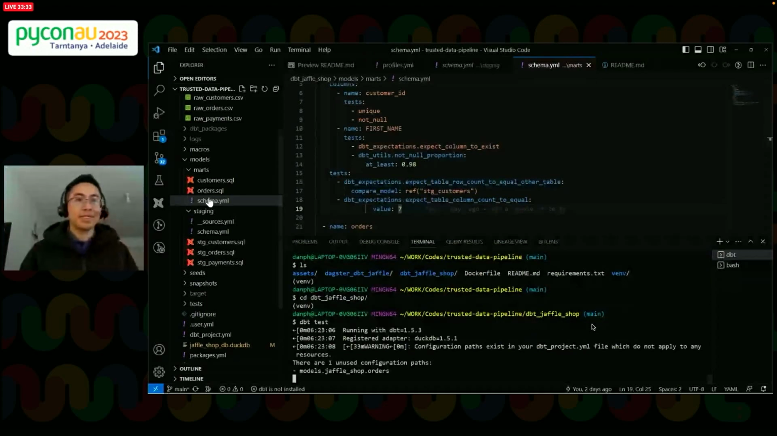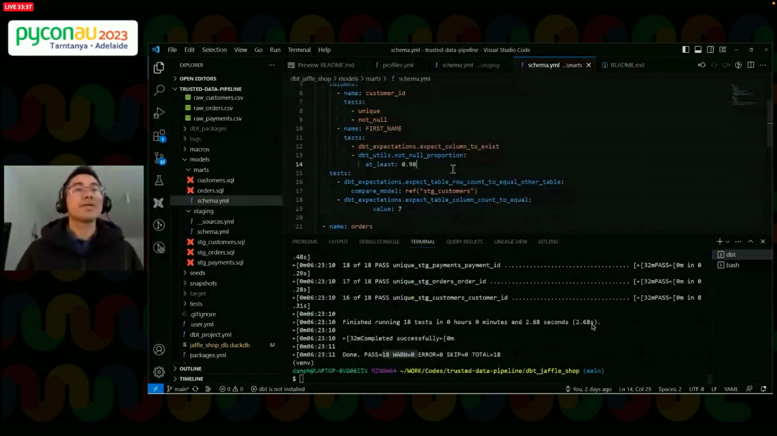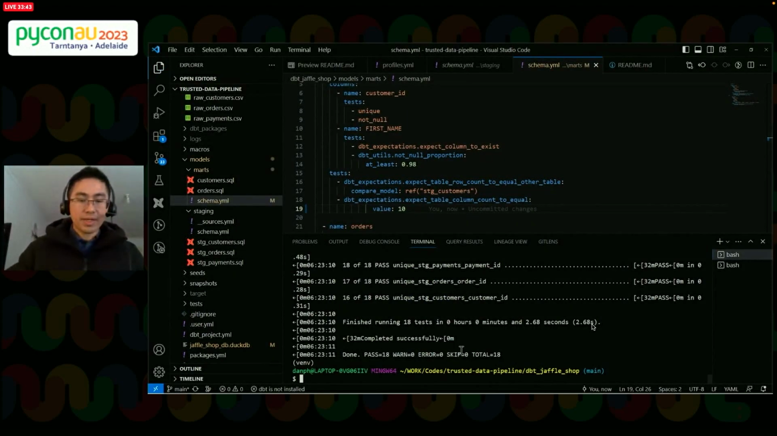And you can see that we have 18 tests here and it passed. So for example, if I change it from 7 to 10 column, and if I run dbt test and I select the customer table,